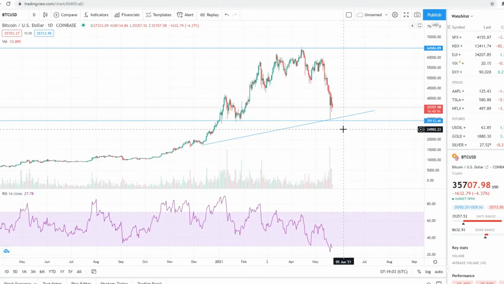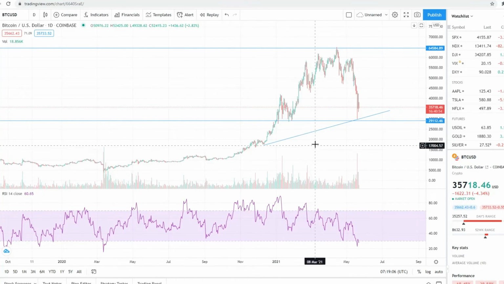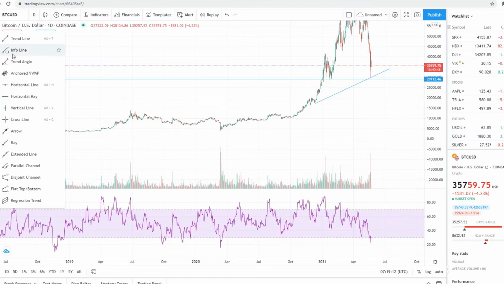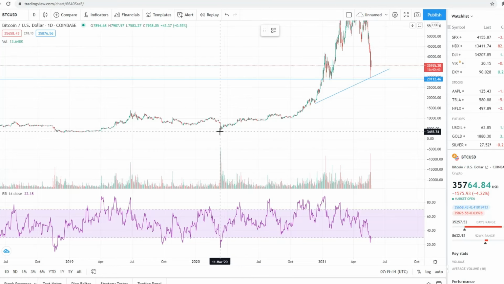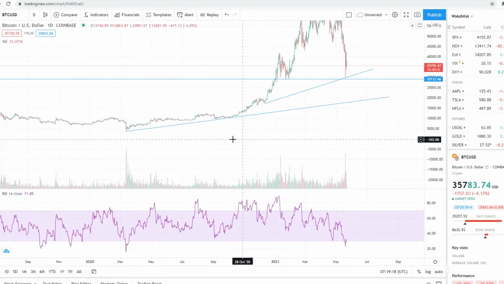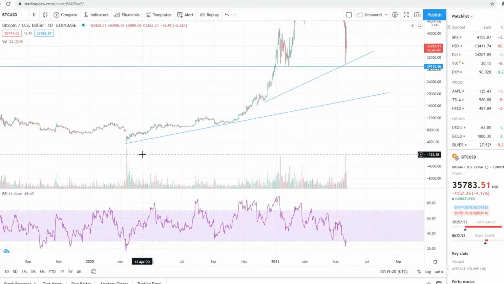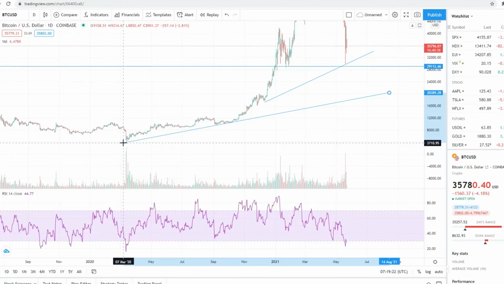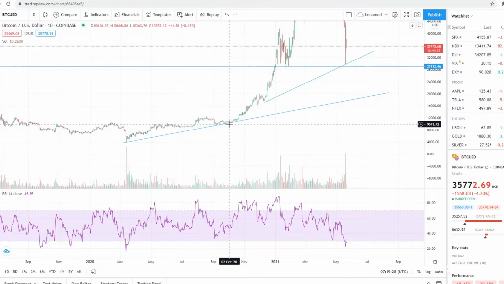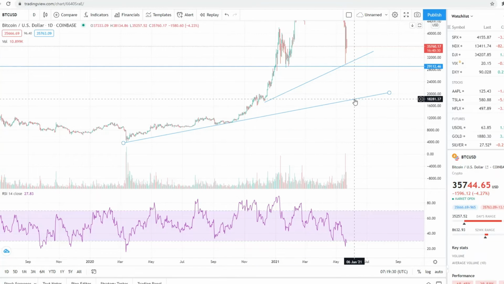Again, not financial advice, but what I will basically do is put in another trend line here. If I take this level from here, what I've done is taken a trend line support all the way from the lows of when the market crash occurred in March 2020 to the high low of October. So we see price points here around this